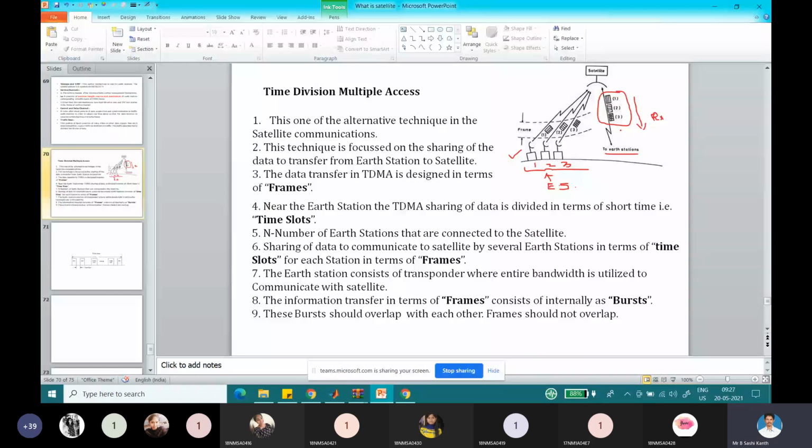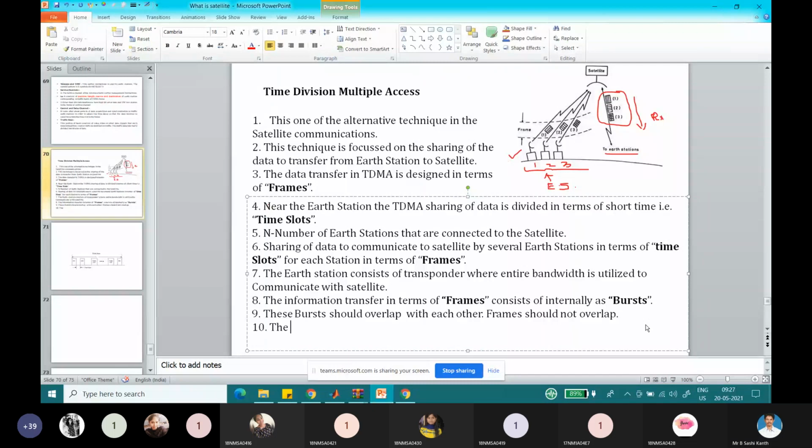As we are sending all the frames simultaneously to the earth stations once again, they may come to individual earth stations of different earth stations, or all the frames may be received by one earth station. When the data is coming from the satellite to the earth station, all the frames may be sent to a single earth station, or all the frames can be sent individually to different earth stations. That is what happens. It may happen on the receiver side. Don't forget.